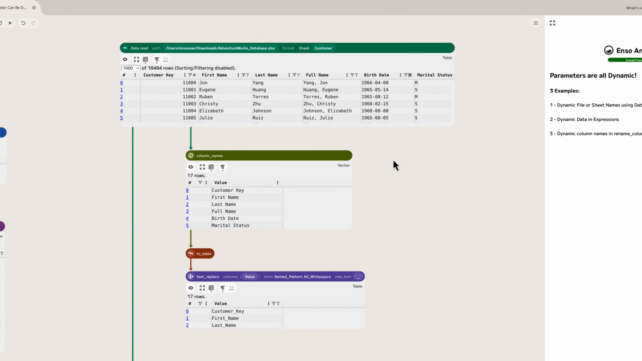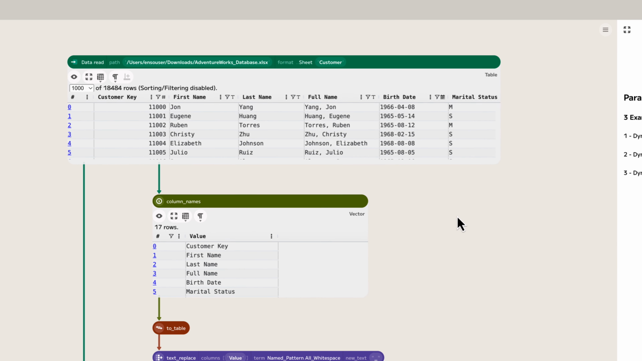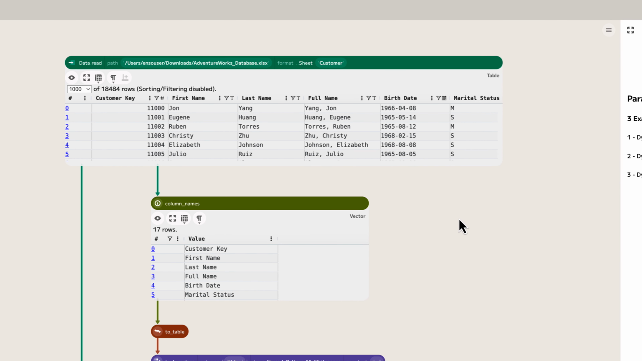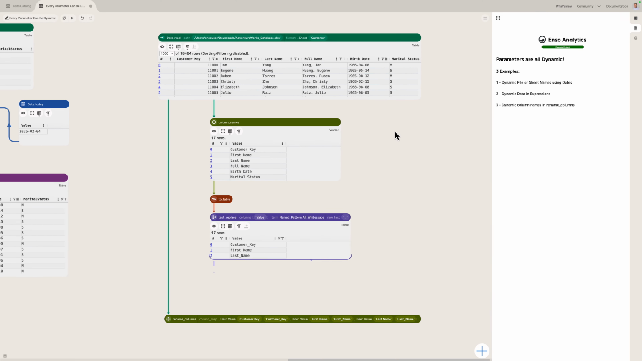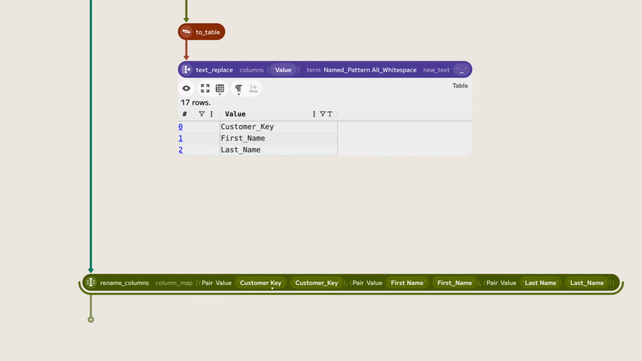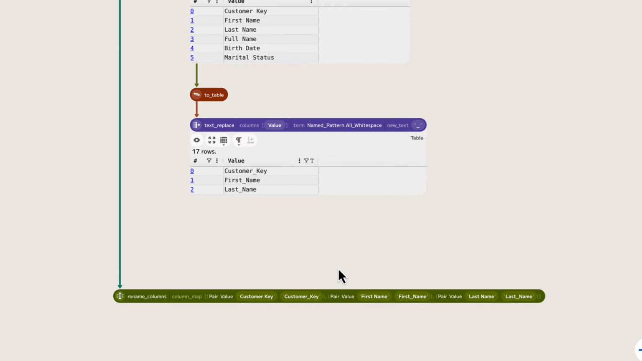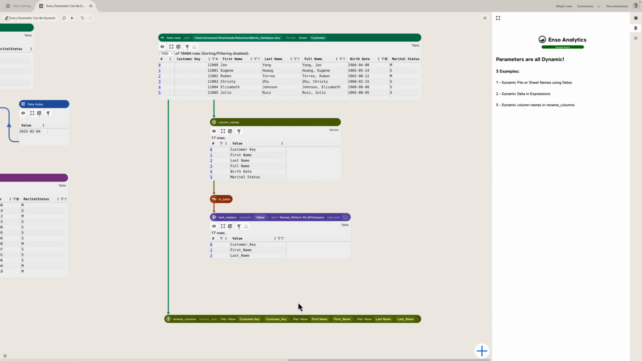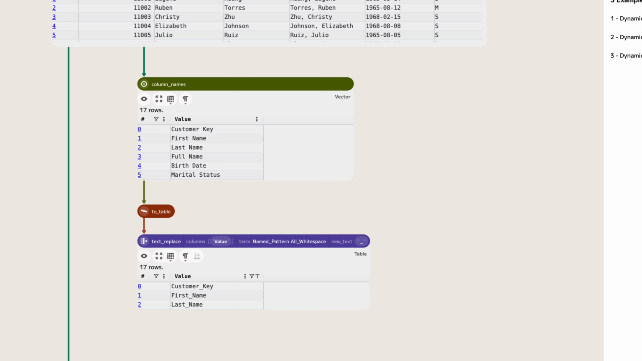In this particular case, all that I want to do is replace all the spaces in the column names with an underscore. You might want to do this if you're loading this to a database as opposed to keeping it on disk. So I could manually add each one of these values in below, customer key to customer underscore key, etc. I've built up here the column names, I've converted those to a table, and then I'm replacing all of the white space that I see in the file name